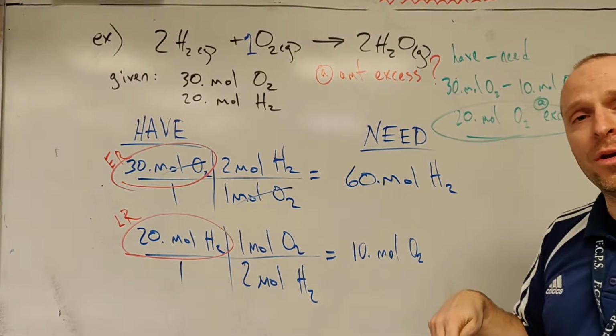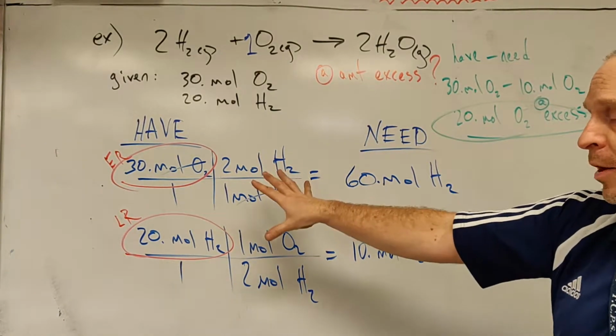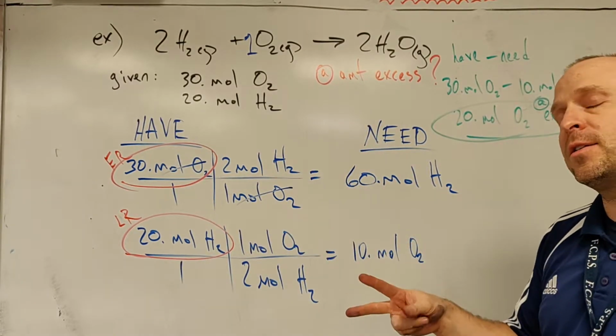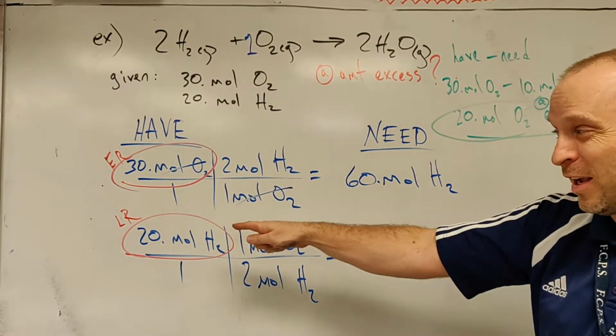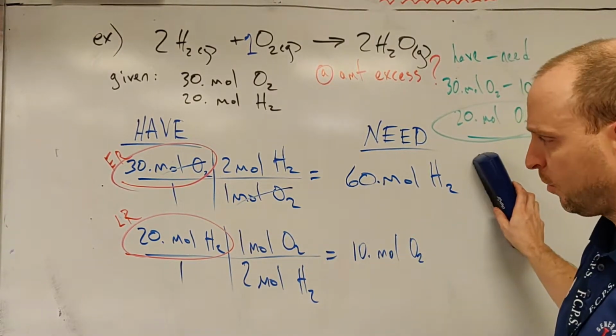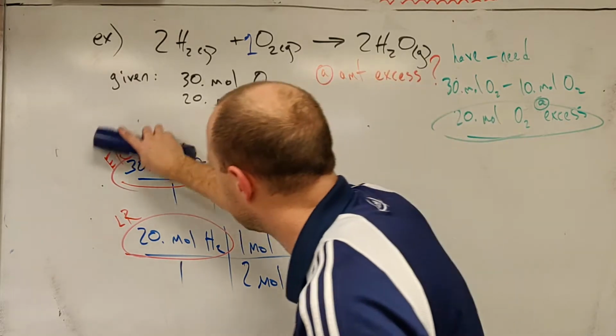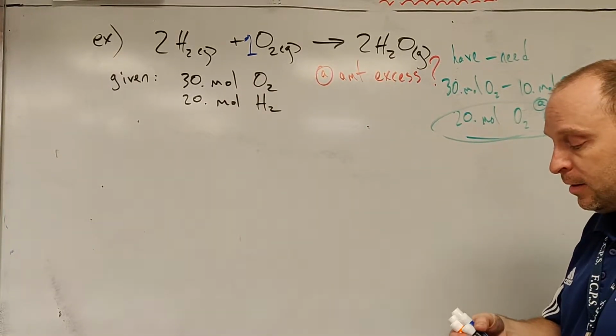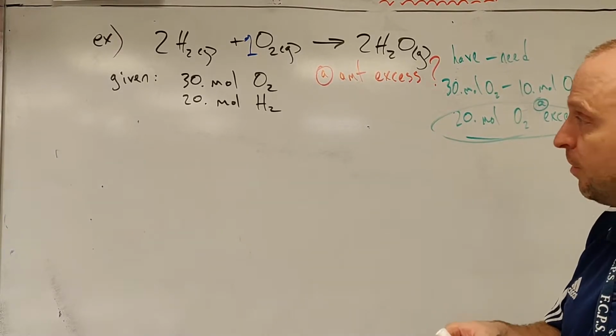Now we need to know how much we can make. Our first step was comparing the reactants to each other to find the limiting and excess. Our second step is to compare the limiting reactant to our products to get a theoretical yield. And that's what we had written down before. I'm going to erase this. We're done comparing our reactants to each other, and now we need to use just the limiting reactant to find